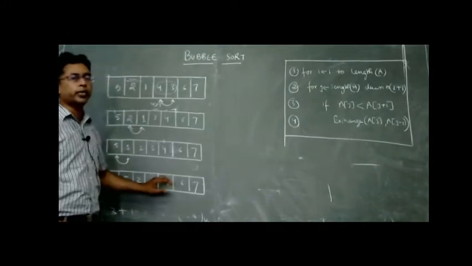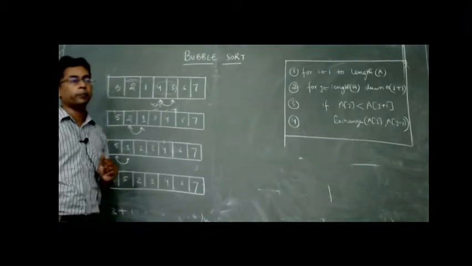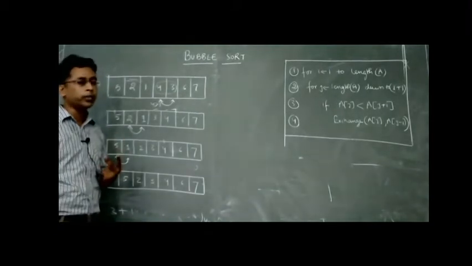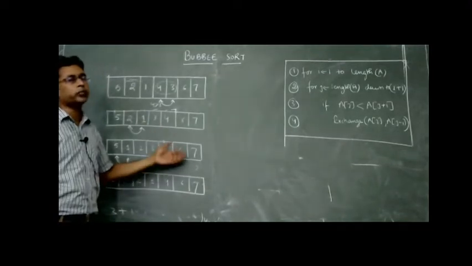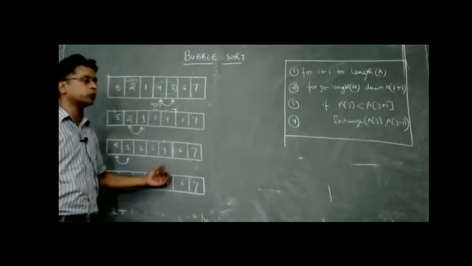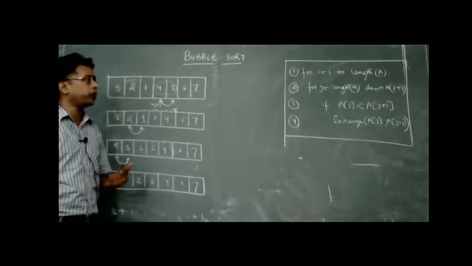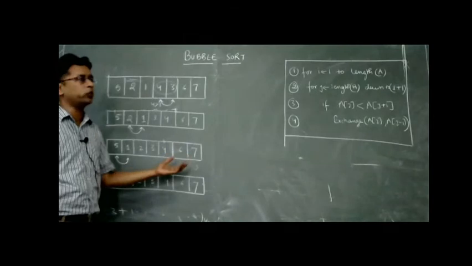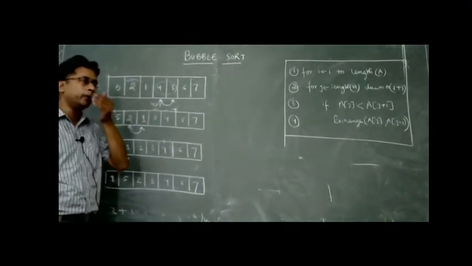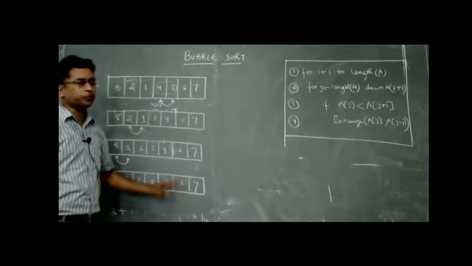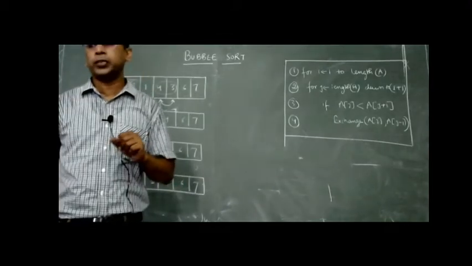For arranging all the data into ascending order, we have to repeat the iterations. If there are n elements, after n minus 1 iterations, n minus 1 elements will take their place, and at last we will be left with one element, and we need not perform the final iteration over it because it will be the only element at the last. But in this subject, we shall also study the algorithm to do all these things.